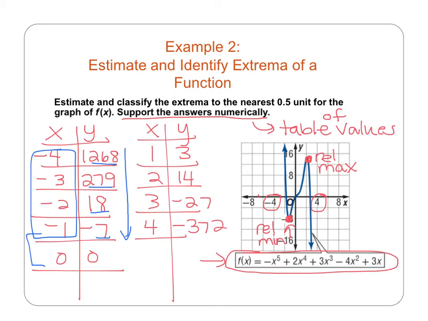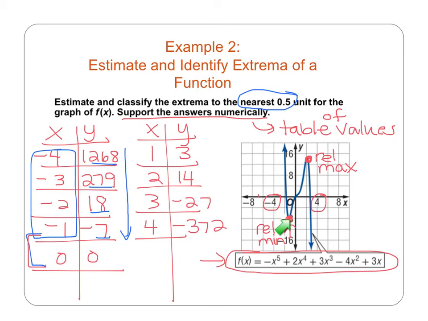my function changes direction. Well, I guess I didn't really follow the instructions here because they wanted me to go by the nearest half a unit. So I should have included some values that were half a unit. So I should have gone like -4, -3.5, -3, -2.5, -2. And so if I go back in my table and do that, you can see that we know that our minimum occurs somewhere here between -1 and 0,